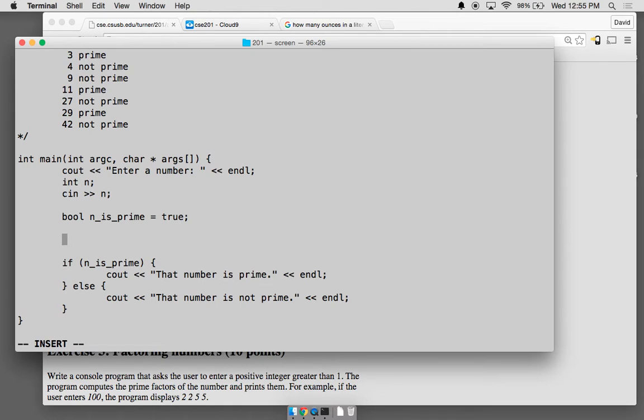So one way to decide whether something is prime is, let's decide whether it's not prime. We're going to check every possible divisor, and as soon as we find a divisor, we can say, oh, you're not prime. So we use a loop,